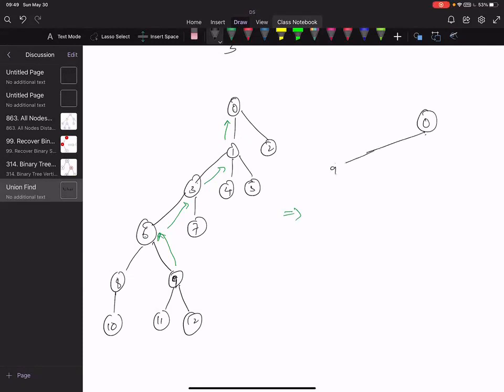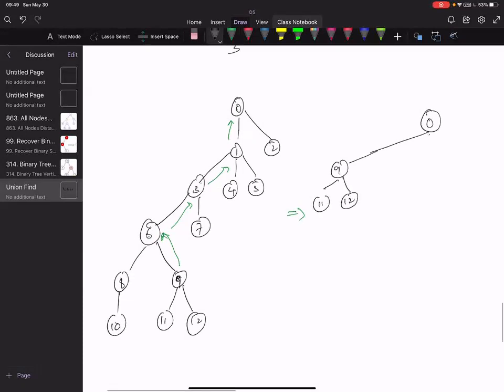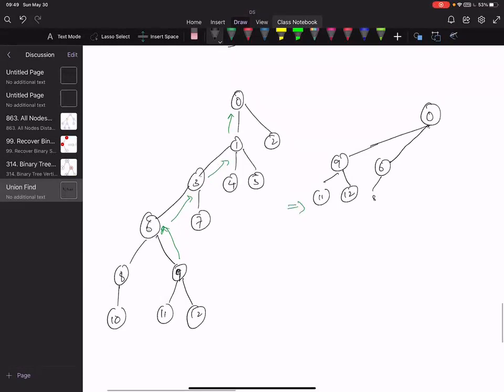0, let's say that 9 has 11 and 12. Then 6 is another parent of 9, so 6 has 8 and 10. And then 3 has 7. And then whatever we had, 4 and 5 and 2.